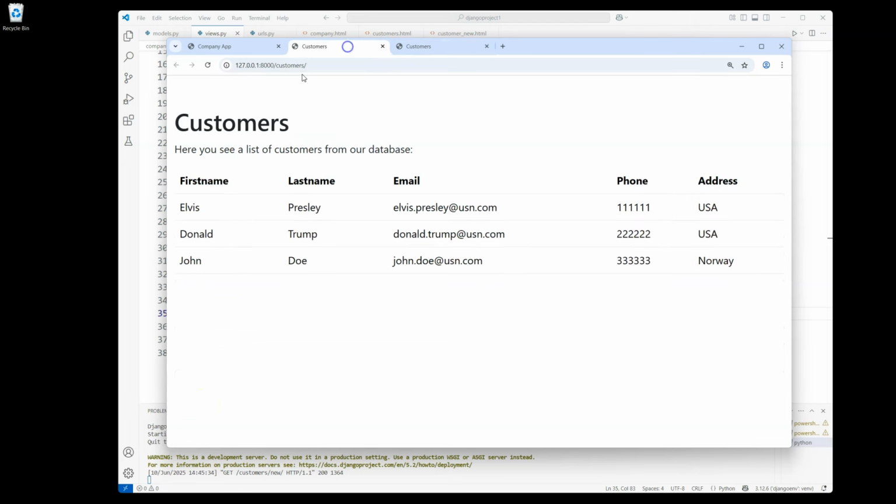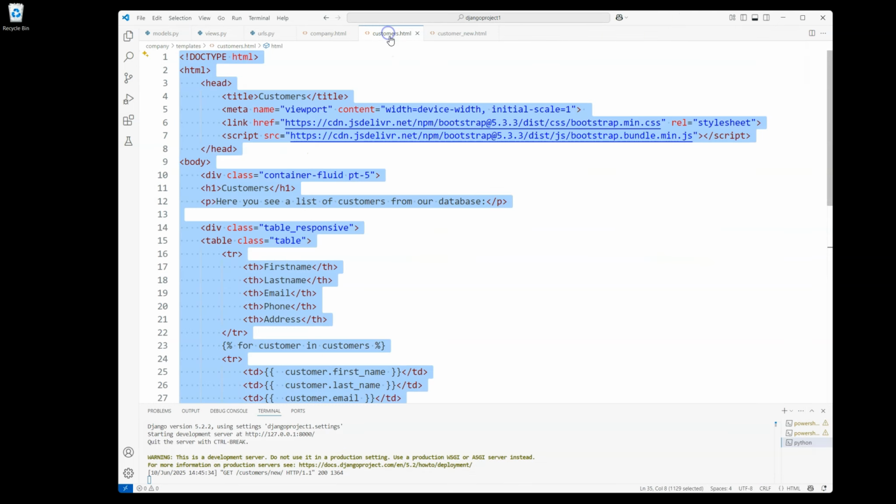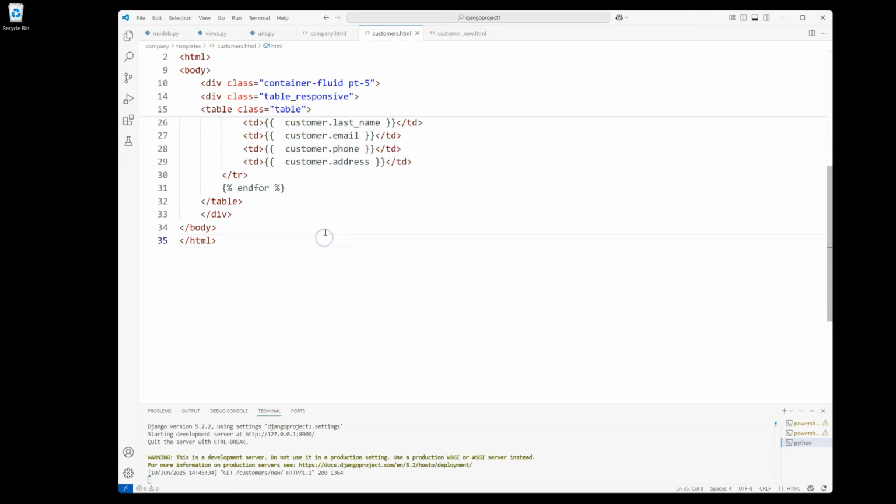But before we do that, we also typically want to have a button here for a new customer. So then we go back to the file called customers.html, and here in the bottom, after the table or something, here we can create this button. So then we just use A for hyperlink, an anchor tag, href equals to customers/